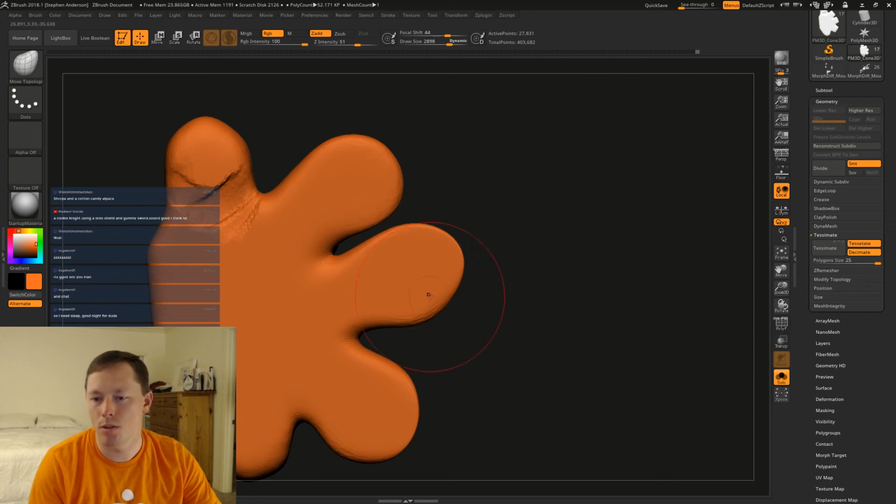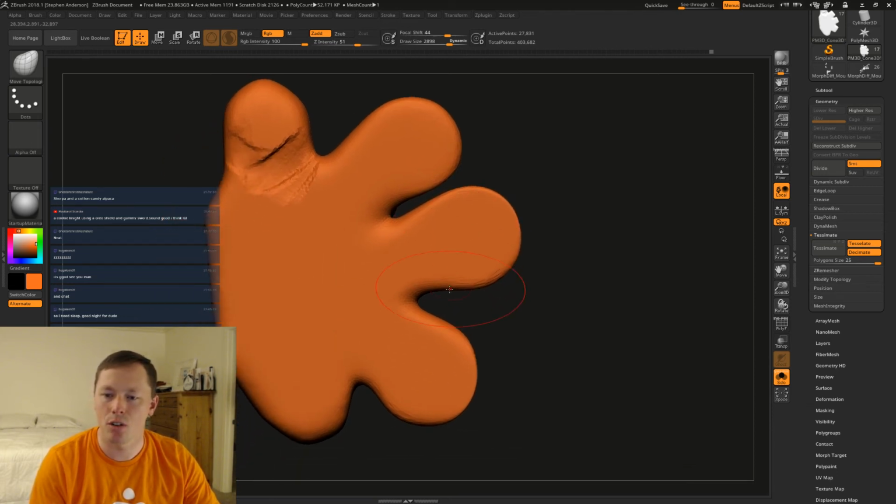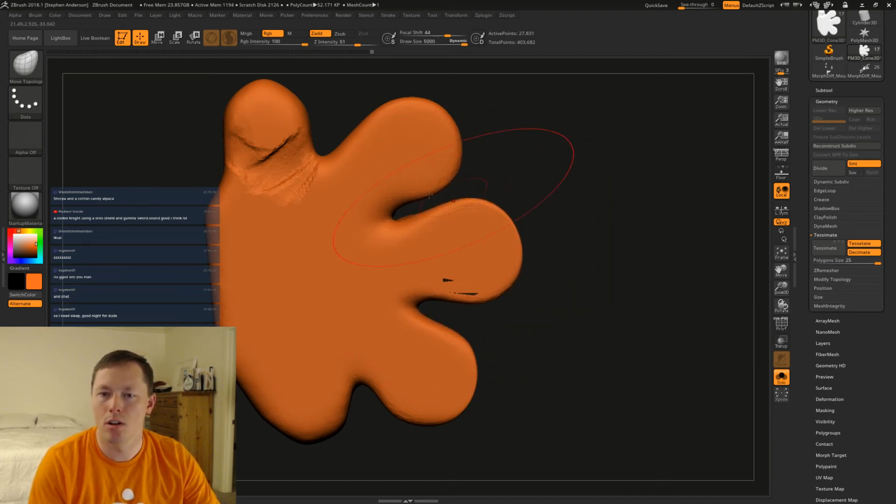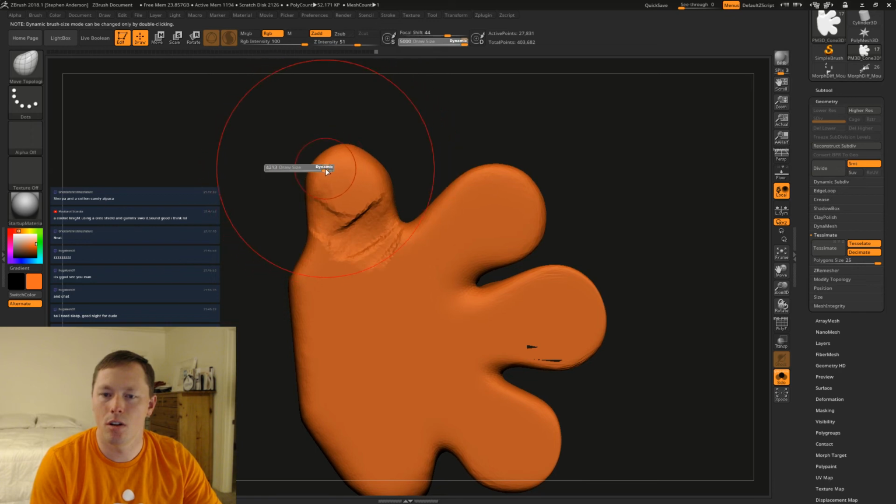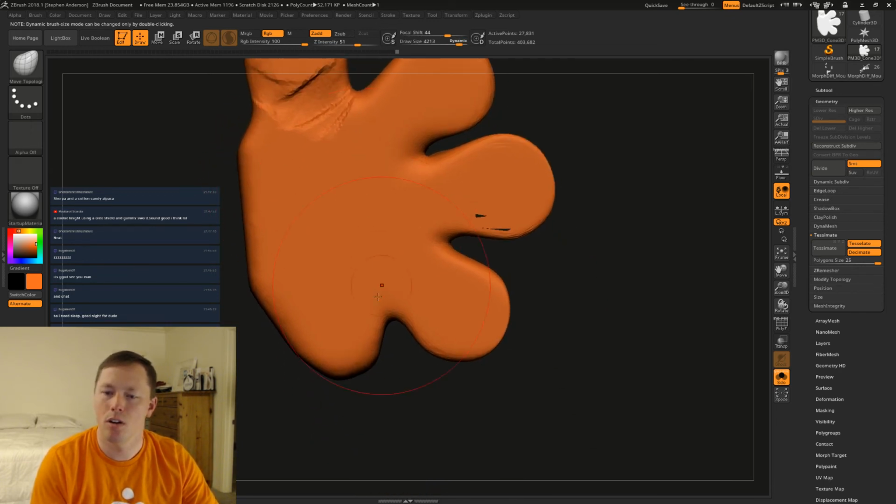Use the move topological to do some real damage. Okay, so we're going to pull this out.